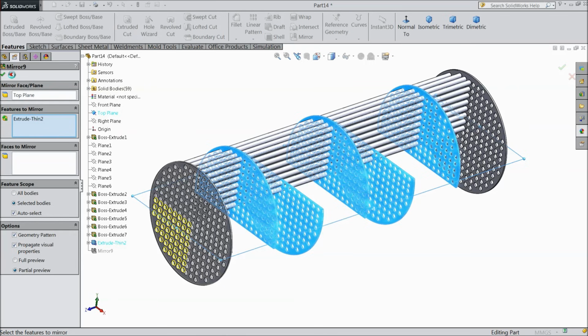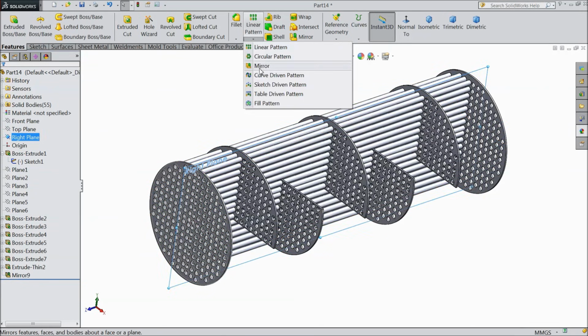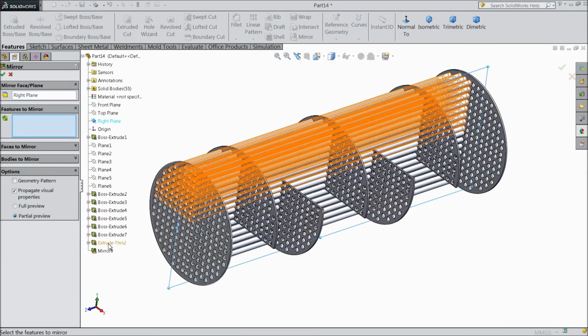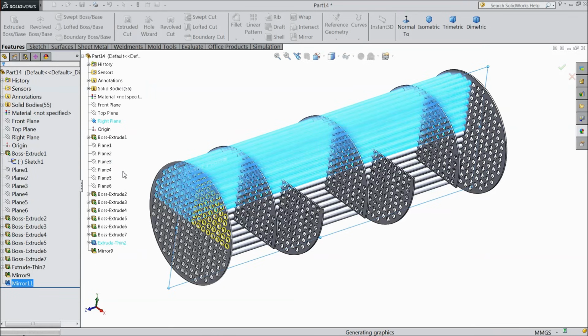Okay, so now select right plane, mirror and select our previous thin feature to geometry pattern. Okay, now again it's going to calculate, so keep patient.